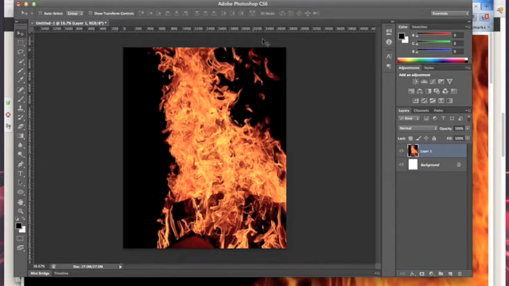It's almost 2800 pixels wide and about 3400 pixels tall. It's a pretty large image. So if you want high res fire brushes or something like that in Photoshop, you can create your own using this technique. And so if you're going to select fire,